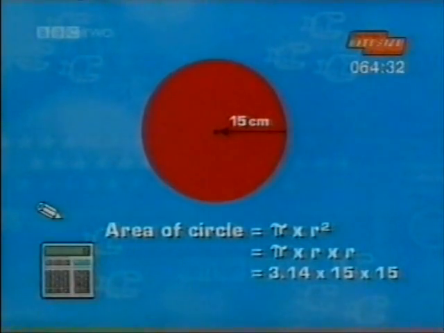Your calculator should give 706.5 square centimeters. If your calculator does not have a pi button, use the approximation 3.14 for pi. Right, now